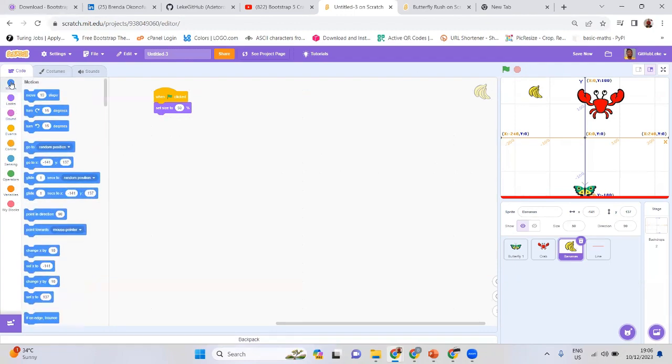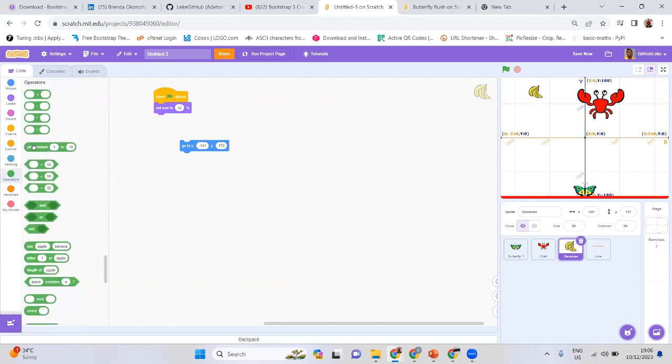I'm going to go over to motion. So we want it to go to a particular position. The y-axis is definitely going to be the top, so I'm going to use my hand, 170, the positive flip. And then in the x, I'm going to pick a random number by going to operator, pick random number